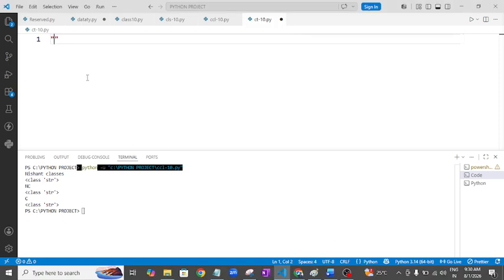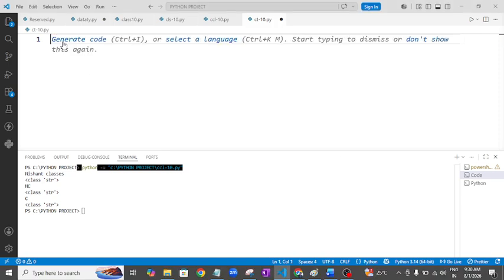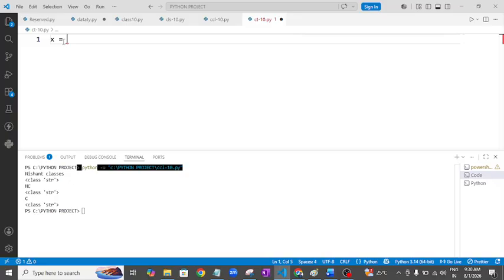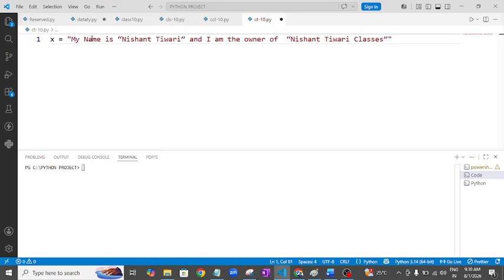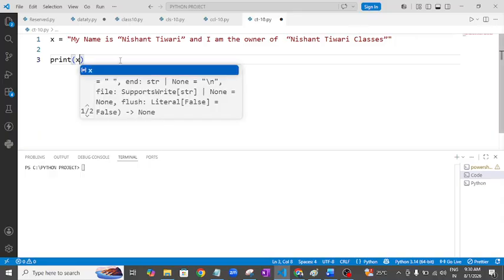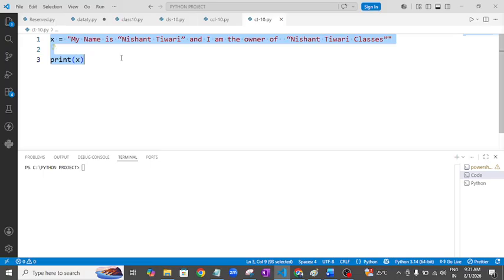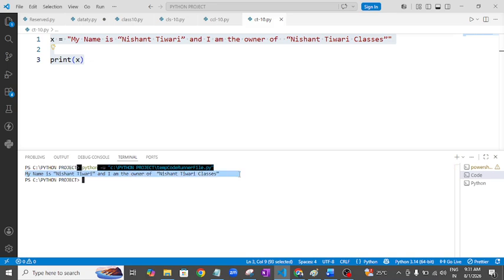Let me take it like this. Let us try. We can just go ahead and try. I want to try everything in front of you. Sir, do you see this? Print of x. Let me run it and see. Do you see this? It has already considered